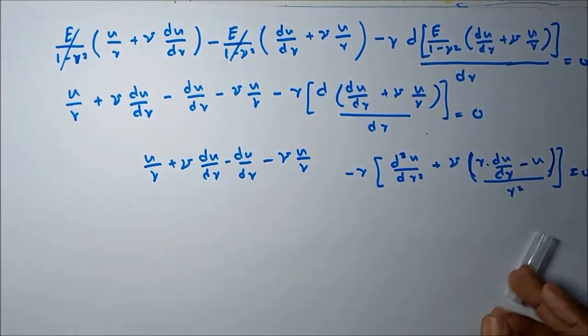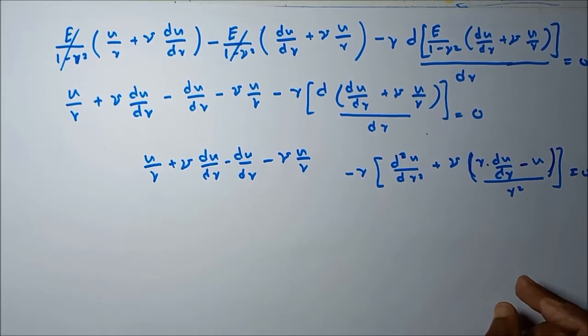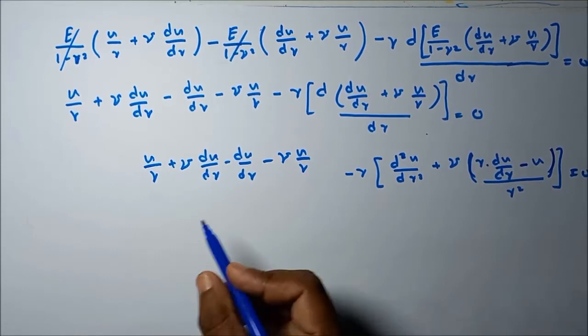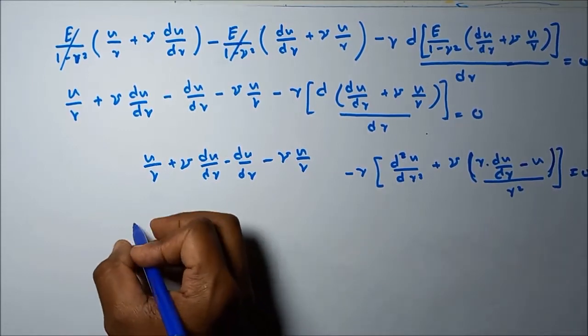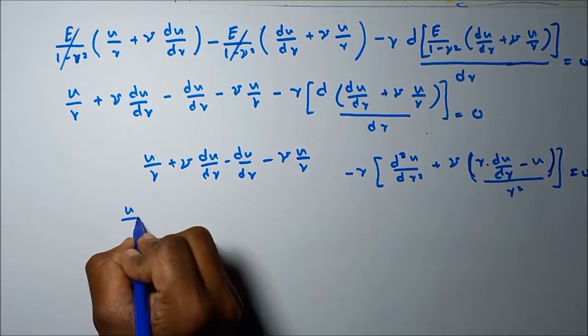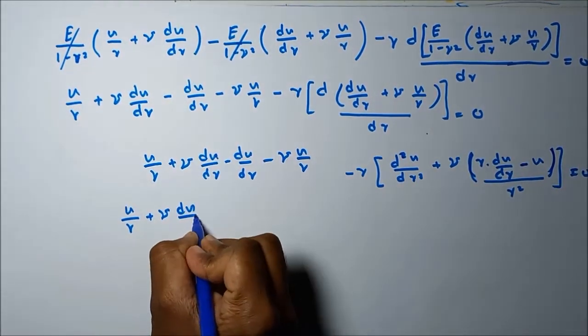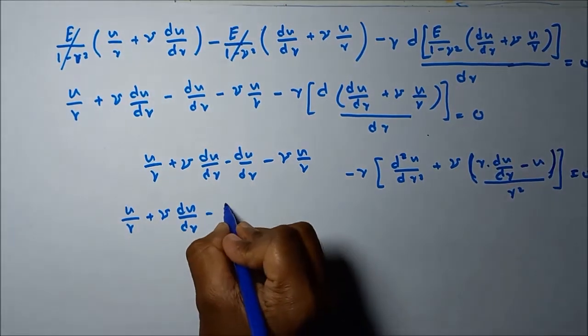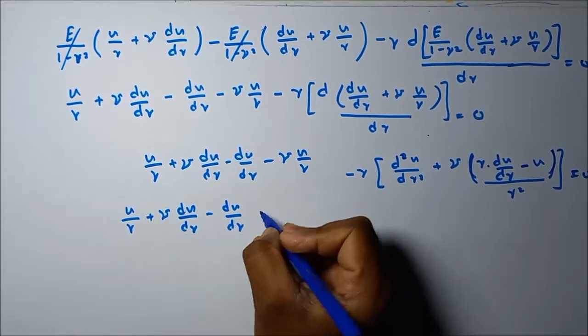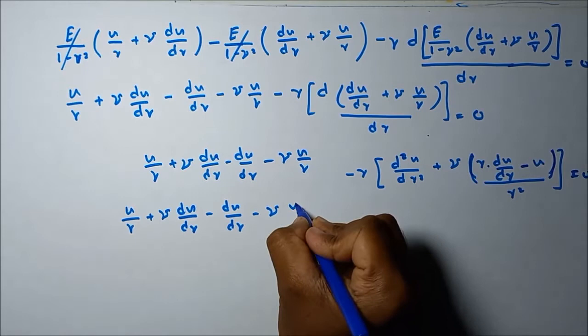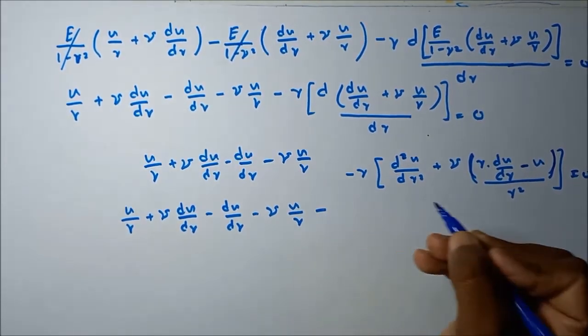This one is equal to 0, this one is equal to 0. Then let's remove these brackets, u divided by r plus nu du over dr minus du over dr minus nu u into r minus